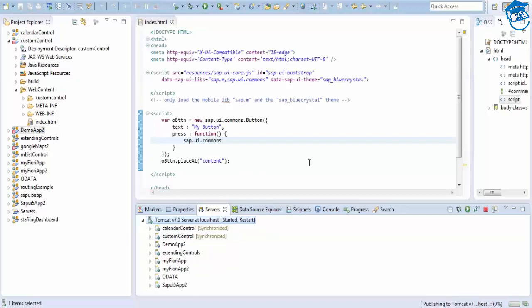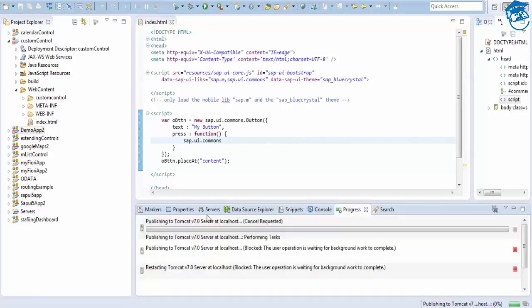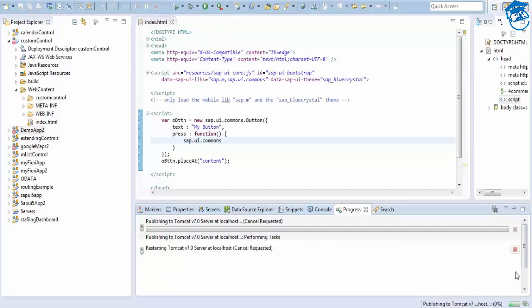Demo app 2 is nothing but our local SDK. Once your internet is not working and you want to work on any of the SAP UI5 application, at that time you can use your SDK locally. So we have seen how to deploy a local setup for SDK. We're going to close this process so that it gets faster.